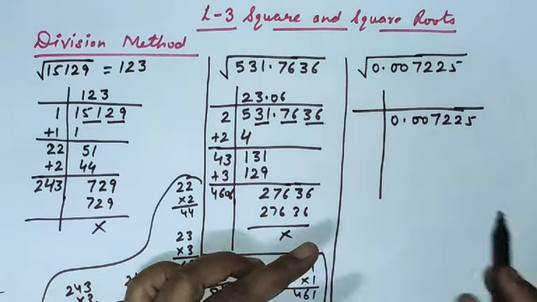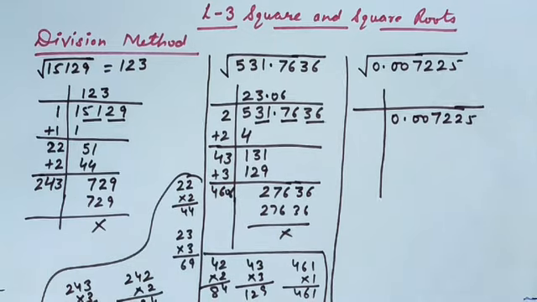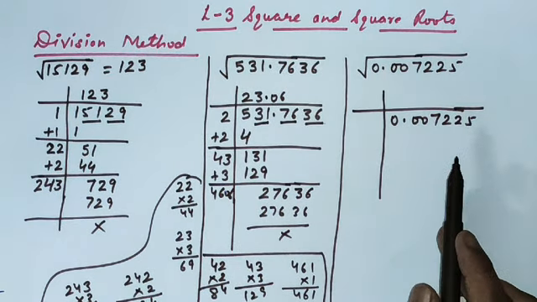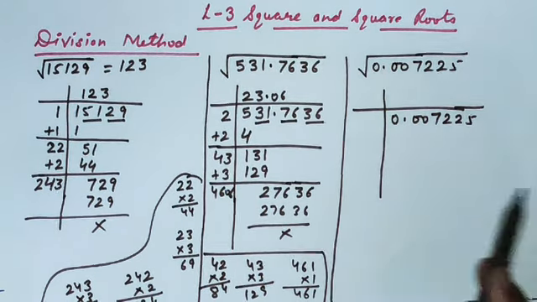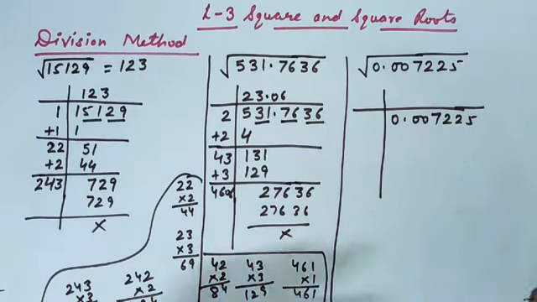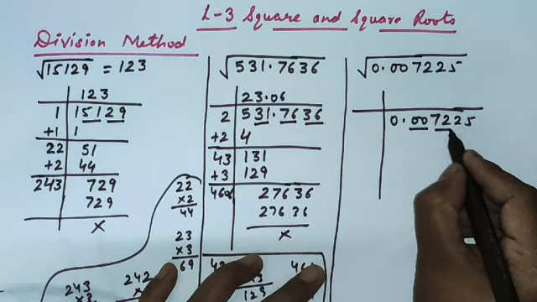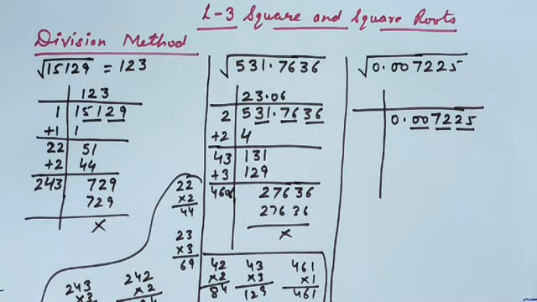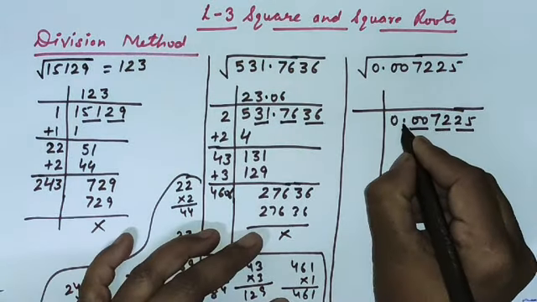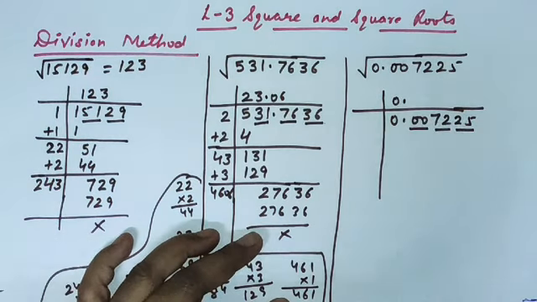0.007225. At the left hand side of the decimal, I have only 0, so no need to divide 0. Okay, because we know that we will get 0 only. Right hand side, so we will start making the pair from left hand side, because this is decimal part. 1 2 3. 3 pairs are formed. Now my first pair is of 0 0. So first decimal is here, so I will put a decimal here.